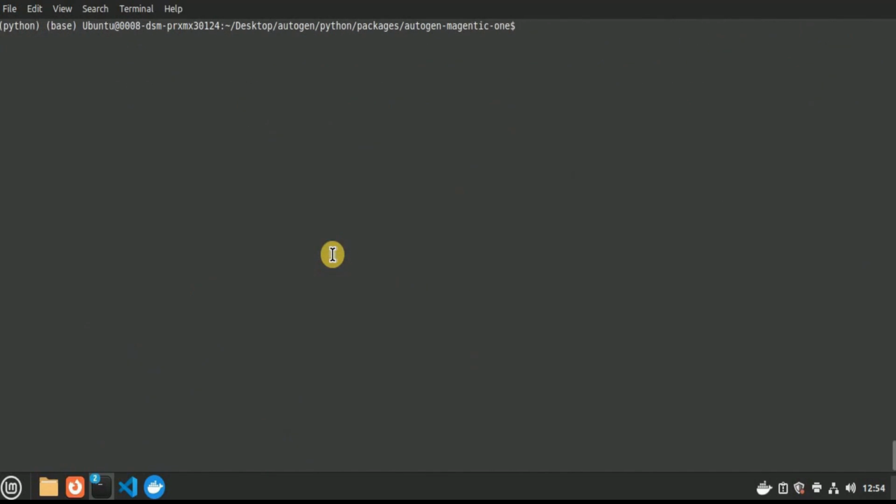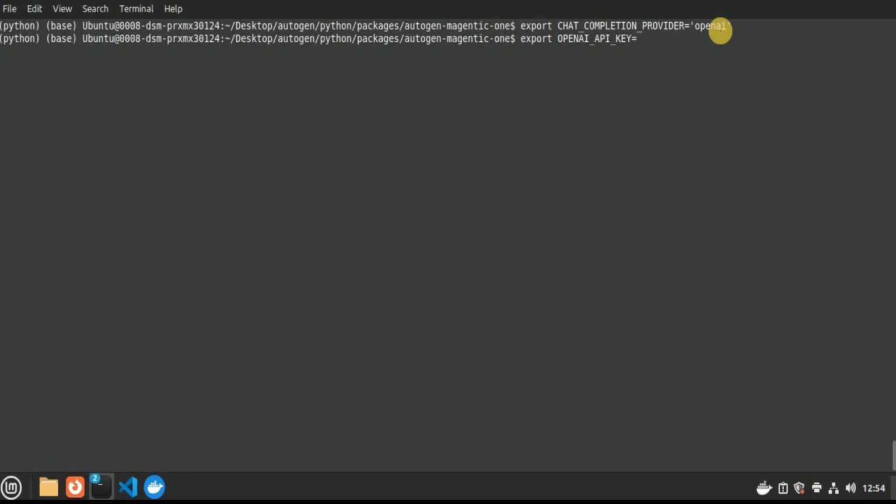Next, we need to set 3 different environment variables. The first one is going to be for the chat completions. That chat completion will be performed using which model. Here I'm going to use OpenAI. So for that, I'm going to use the command export, and then the environment variable is going to be CHAT_COMPLETION_PROVIDER, and I'm setting its value as openai. Next, I want to set the value for the OpenAI API key. So head to your OpenAI account, create a key, and then provide it here, and it will be saved inside OPENAI_API_KEY as an environment variable. Next, we also need to set the model from OpenAI which we want to use. So here I actually want to use the GPT-4o model.